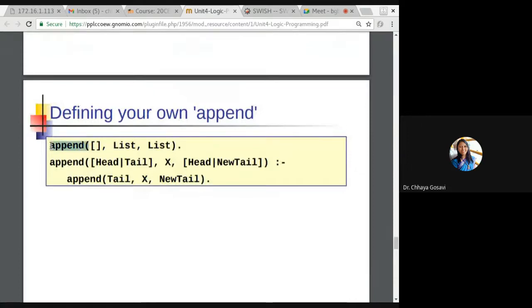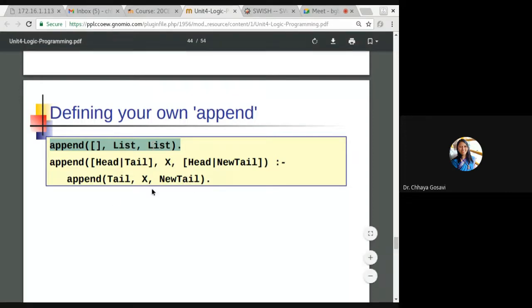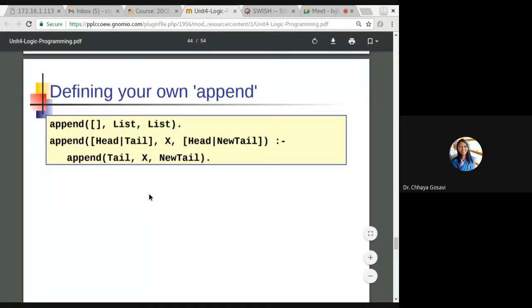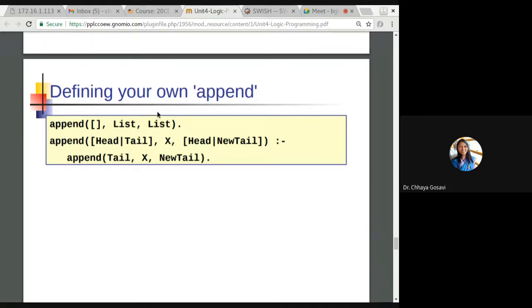Can you define your own append function? Now we are using the inbuilt append function. So can we have our own append function? Can we rewrite our own append function? So this is the solution. You have to find out how it will work. Append takes three arguments: first, a list which has head and tail; second is X; and third is head and new tail.